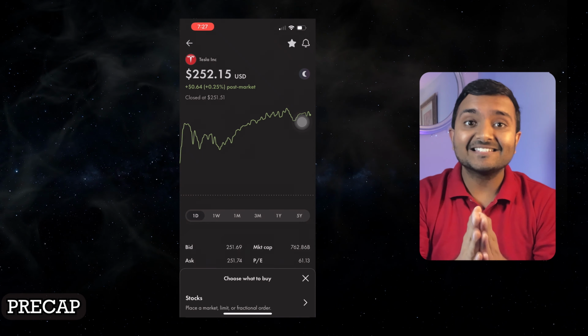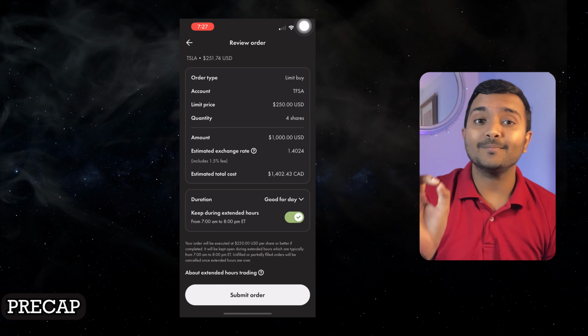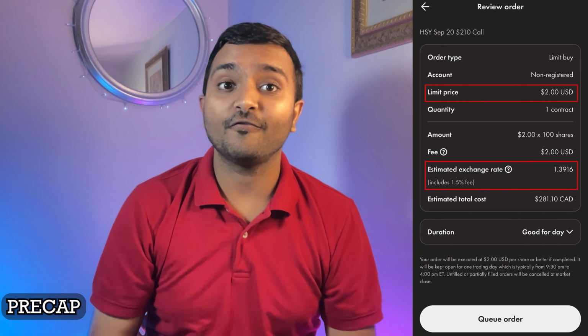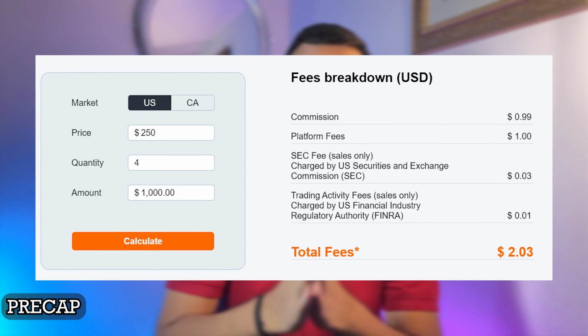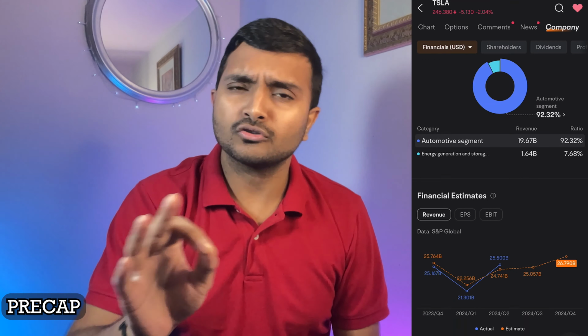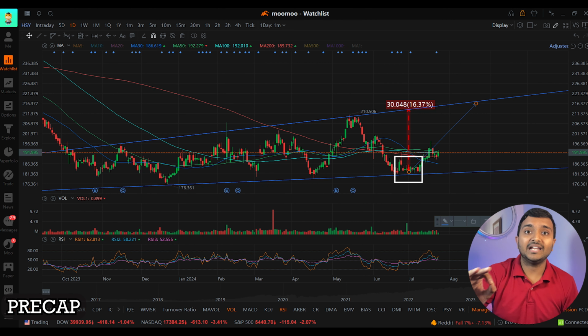If you are using Wealthsimple to buy US stocks, you could end up paying a staggering 20.8 Canadian dollars. I'll also explain a very similar story for the options as well and show you how you can save on these fees. Whether you are trading stocks or options blindly without knowing all the important data, and with tools available, I was able to enter near the support level. You should also have the ability to sell the options, because with this strategy you can earn the premium instead